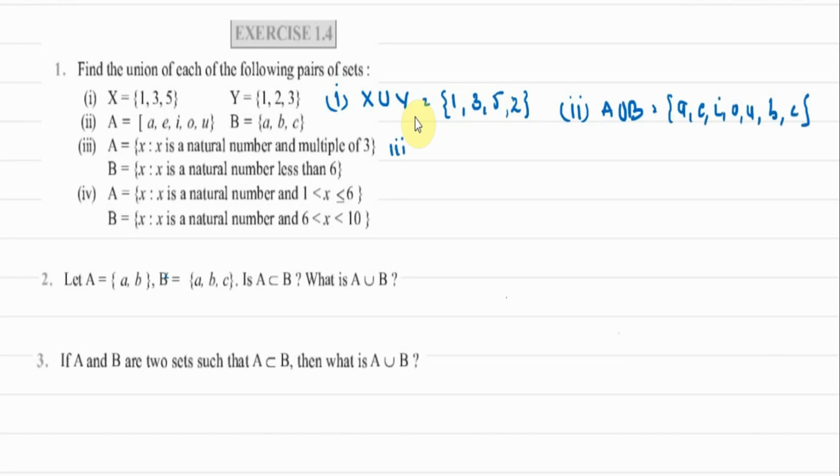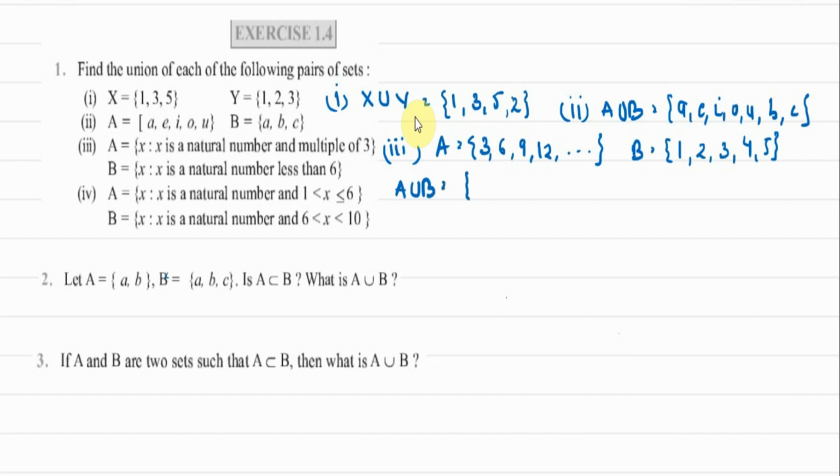Third part we have, it says A is the set of natural numbers that are multiples of 3. So A will have elements like 3, 6, 9, 12 and so on. The limit of the set is not mentioned, so it is an infinite set. Next we have set B. It says x is a natural number less than 6. So we have 1, 2, 3, 4, 5. Now it says less than 6, that means 6 will not be included. So A union B will be